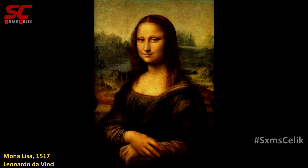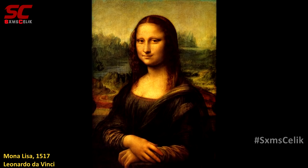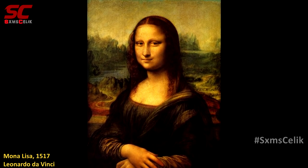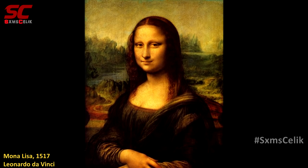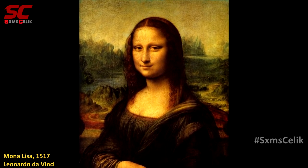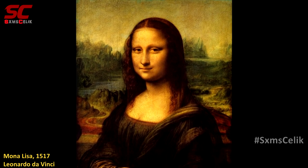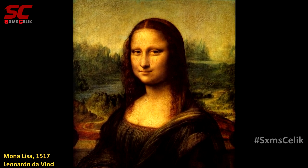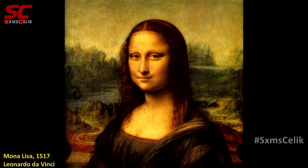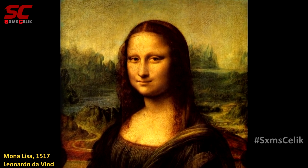Mona Lisa, 1517, Leonardo da Vinci. Probably the best-known work of art, the painting was done by da Vinci between 1503 and 1506, though evidence suggests he continued working on it until 1517. Housed at the Musée du Louvre in Paris, France,